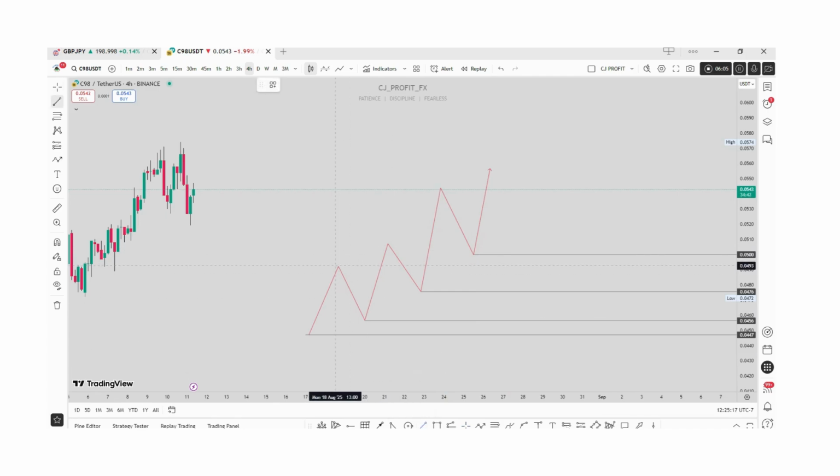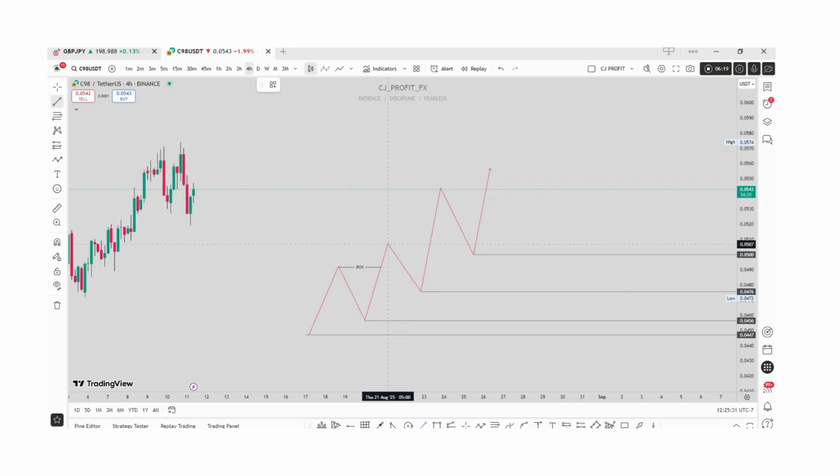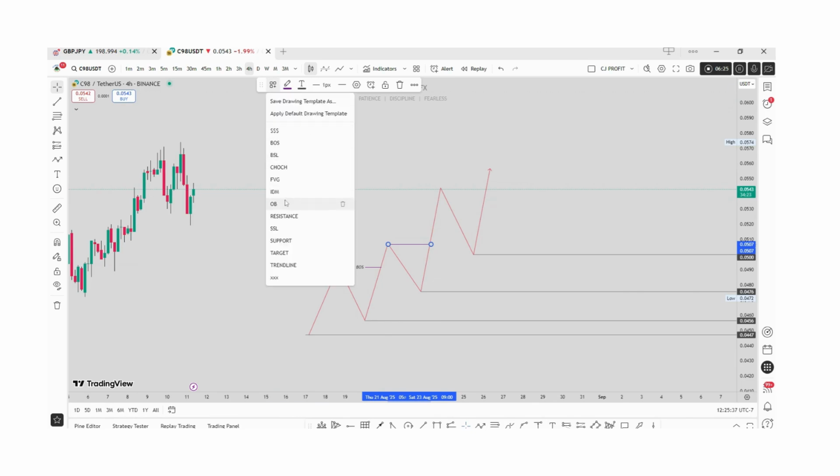Previously, this area is a high that contained liquidity, but the market has taken it out while trying to make a further move. So we call it break of structure. A break of structure is a previous high that contained liquidity, but since the market has taken it out, it's no more valid. So the market has taken out liquidity at the upside and then brought them down to the downside.